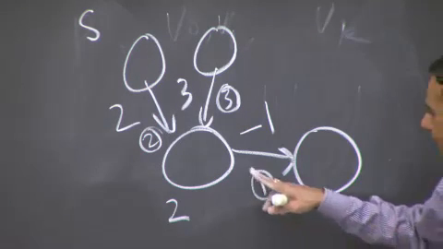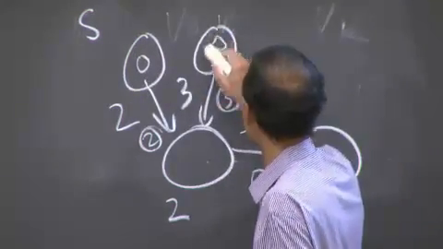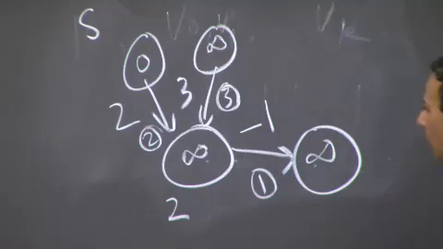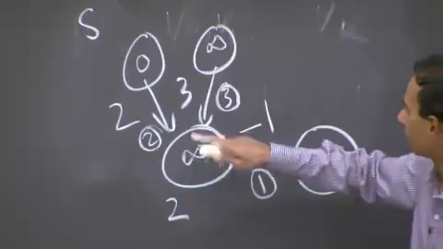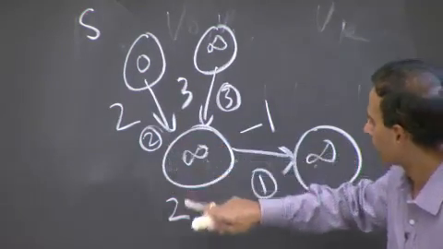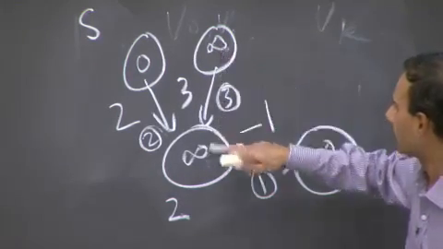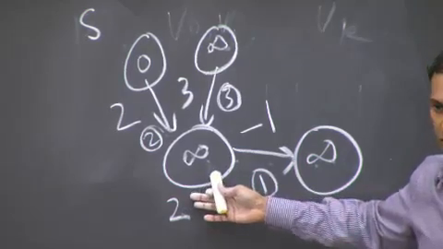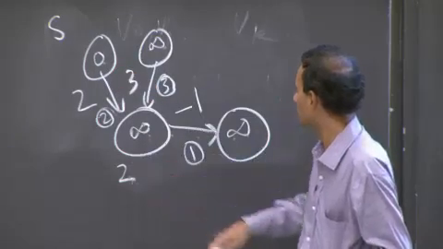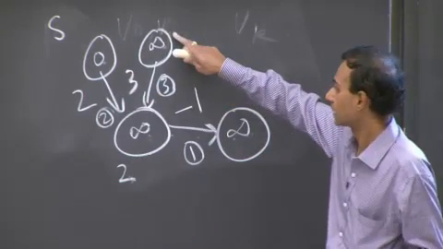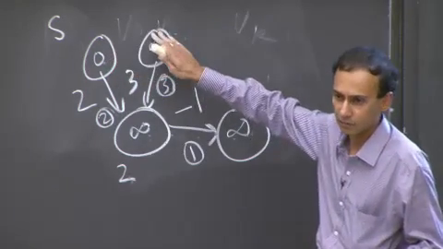The beauty of Bellman-Ford is that let's say you relax this edge. Initially, this is at infinity. So this is at 0, this is at infinity, this is at infinity, this is at infinity. Right? If you relax this edge, nothing happens. All right? Then you relax, let's say, this edge, because that's number 2. This gets set to 2. You relax this edge, because that's 3. And this is infinity, so nothing happens. Of course, this is already at 2, so nothing would happen. So at the end of the first pass, what you have is this is 0, that's 2, this is still infinity, that's still infinity. Okay? That's going to stay infinity because you can't reach it from S, so we can sort of ignore that.